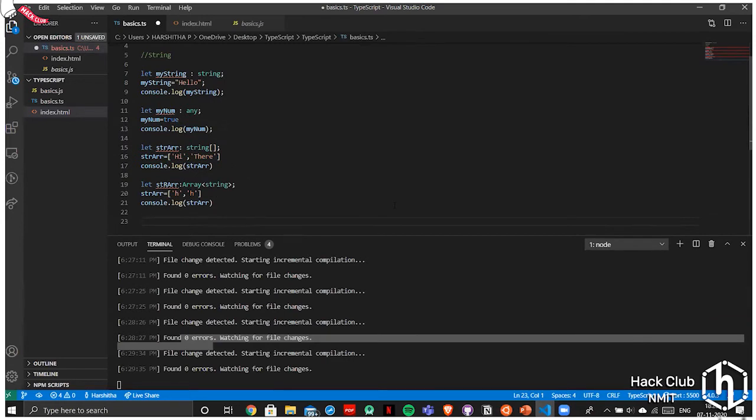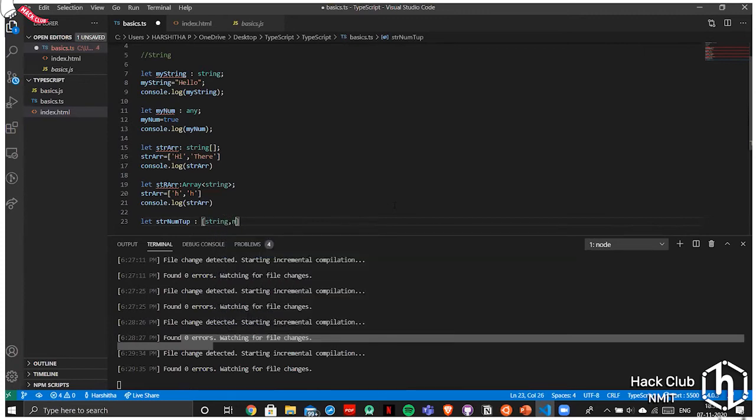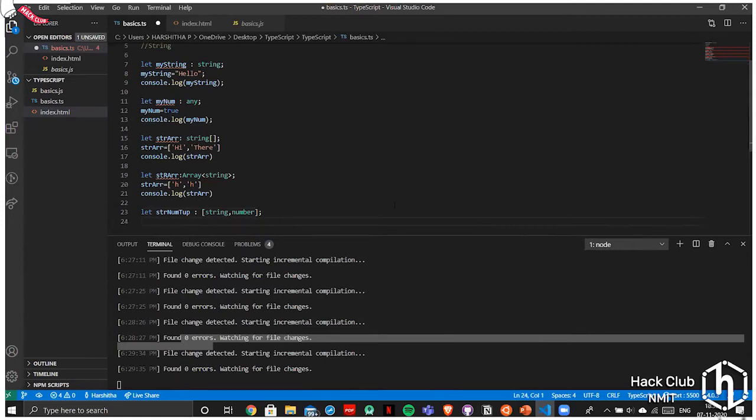A tuple is nothing but an array with fixed elements. Select str num tuple, string and then number. str num tuple equals hello.